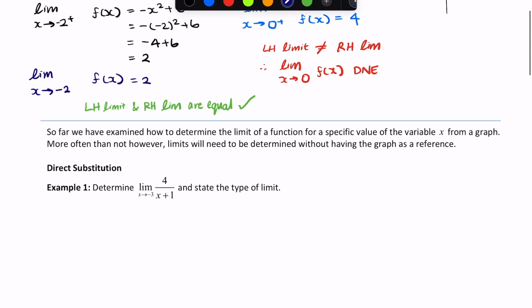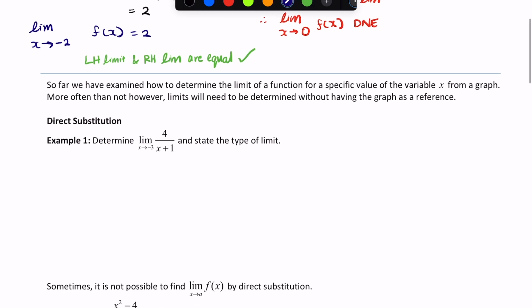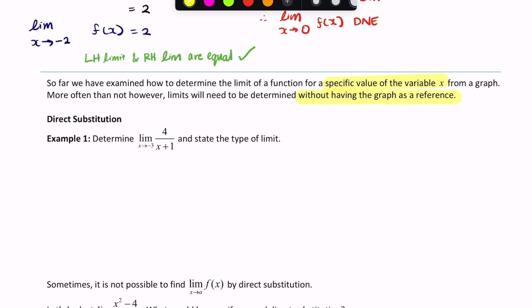So far, we have examined how to determine the limit of a function for a specific value of the variable x from a graph. More often than not, however, limits will need to be determined without having the graph as a reference. So let's look at this first idea of direct substitution. Direct substitution, if there are no restrictions,